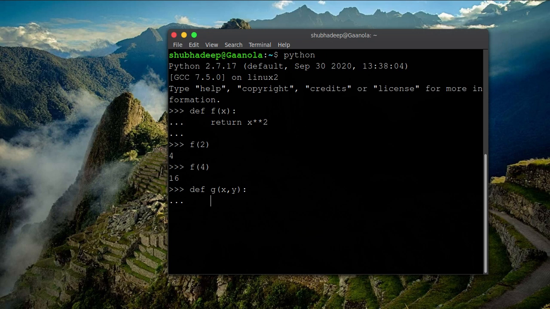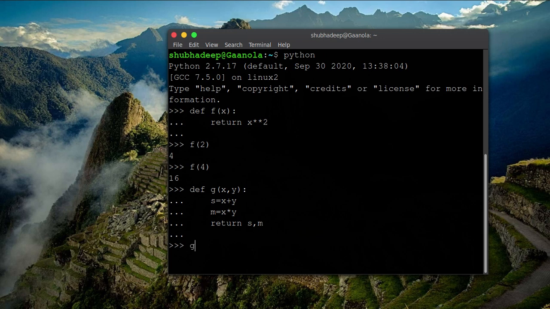In this case, let me define the sum of these two numbers, that is x plus y, and then the multiplication, that is x multiplied by y, then return, that is x plus y comma x times y. Now I have defined this function.